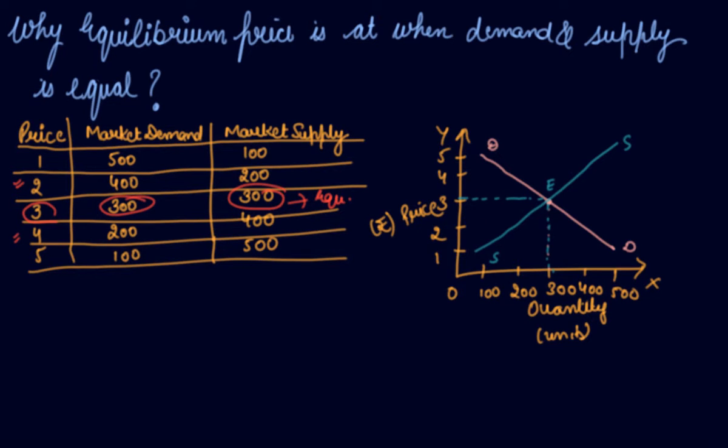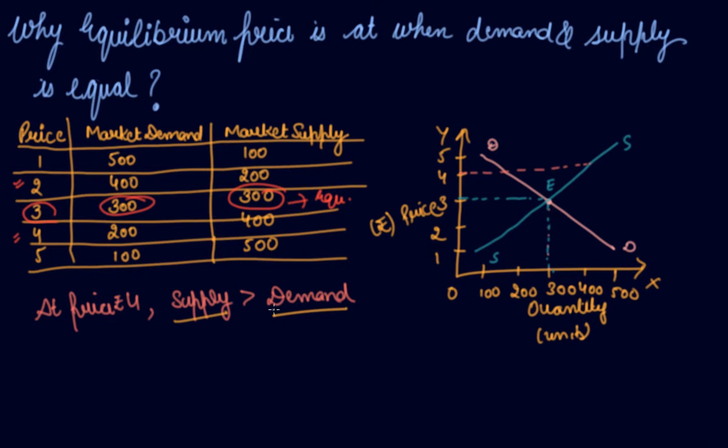Now the question arises is why you cannot sell at price 2 and why not at price 4. See, let's see at price 4. This is a situation when at price 4 your supply is greater than your demand. Right? The consumers are not demanding and still you are supplying in the market. What will happen? There will be a lot of product in the market, right? But the consumer is not willing to buy it, as this is the reason your supply is greater than demand